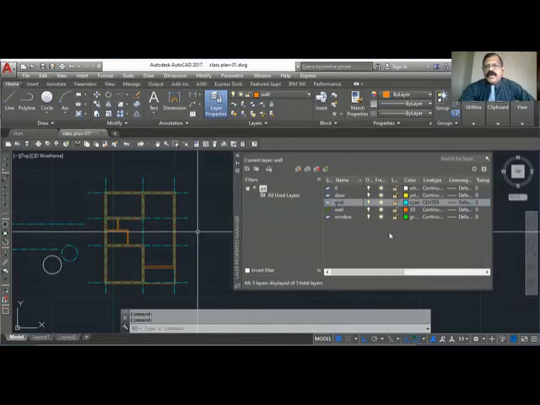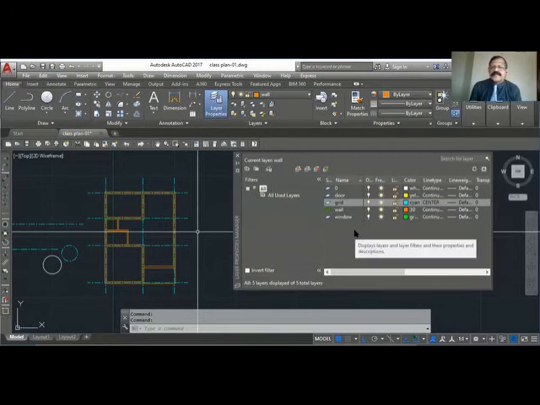I told you the current layer cannot be frozen. Okay, if you are sitting on a branch of a tree, you can't cut that same branch. So whenever you want to freeze a layer, you have to go to another layer. You cannot freeze the current layer.